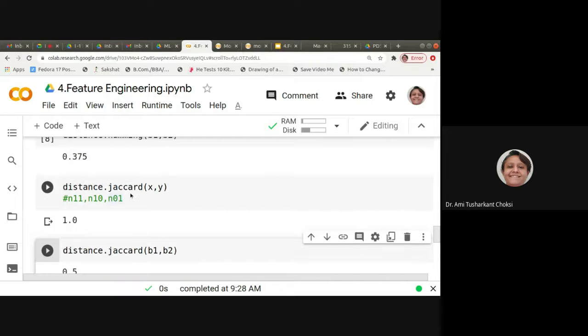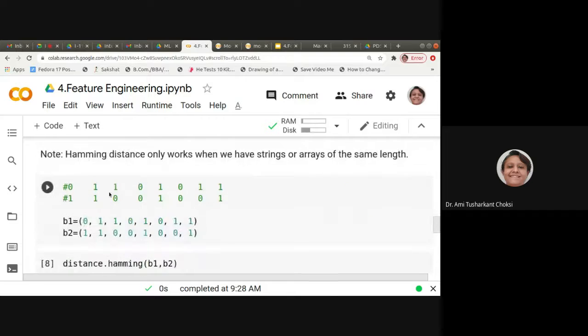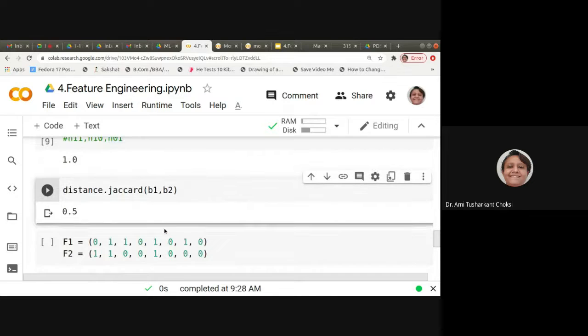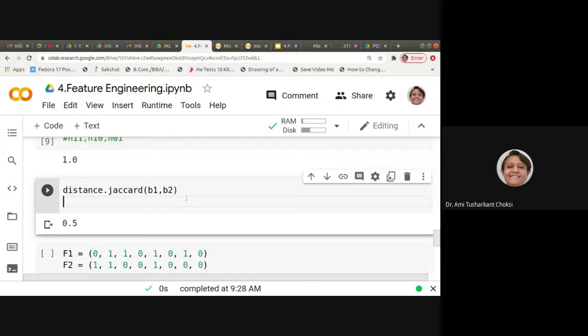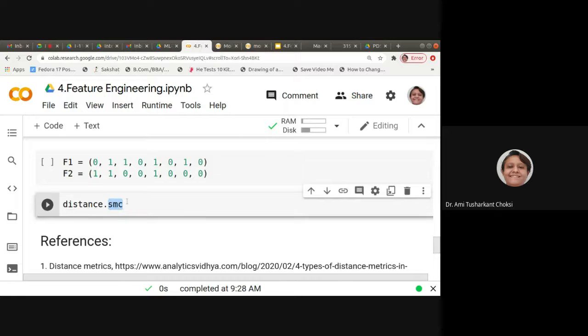What we used to consider is, here for Jaccard, it is the right answer. We can say n11, then n10, then n01, right?